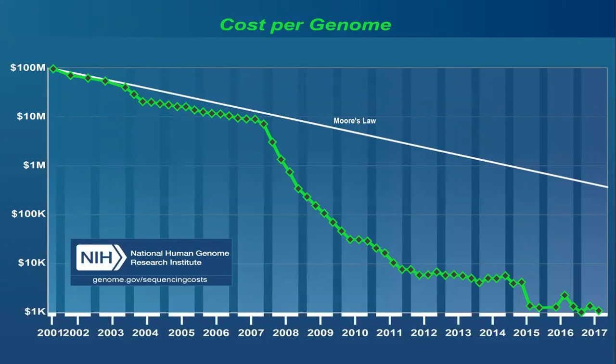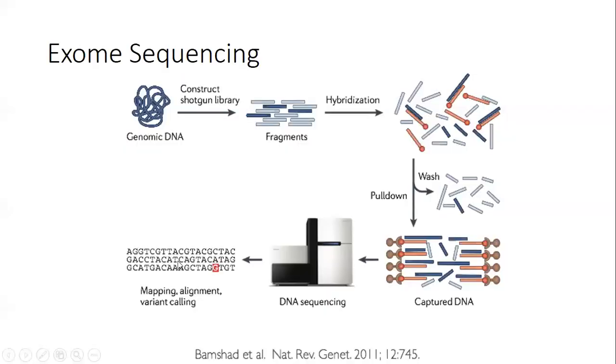It used to be said that we'd succeed in having a $1,000 genome coupled with a $1 million interpretation. I'm glad to say that's not entirely true. In fact, the computational tools to analyze the data have advanced quite substantially too. So we're now in a pretty good position to do the analyses and to actually come up with diagnoses. Let me just show you a little bit about what's done.